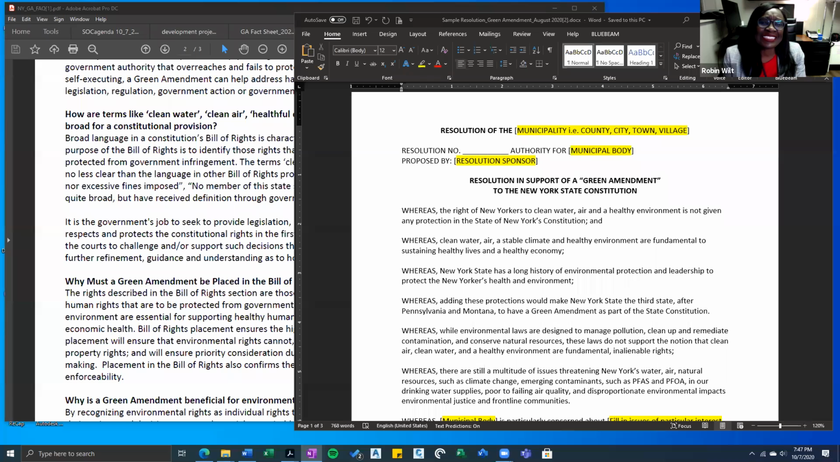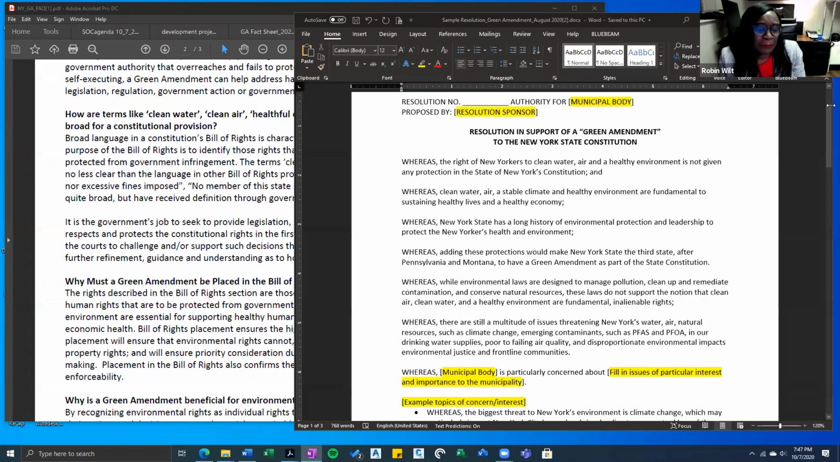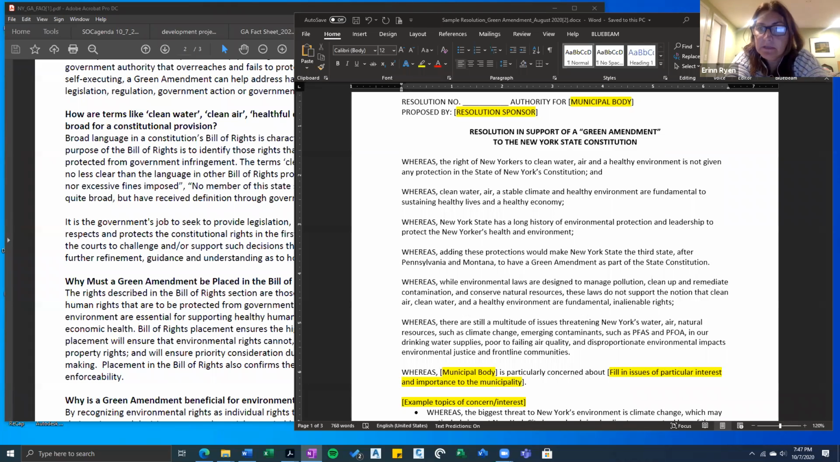This is a heinous omission. So it could be something we could put in our climate action plan too, that we believe that all citizens have a right to clean air, water. That's something we can put in there. So in the past, we've